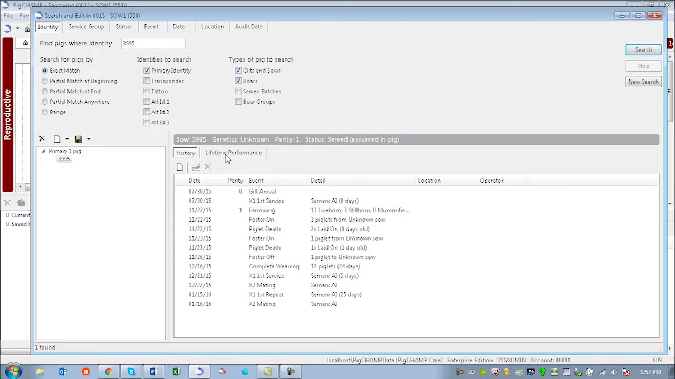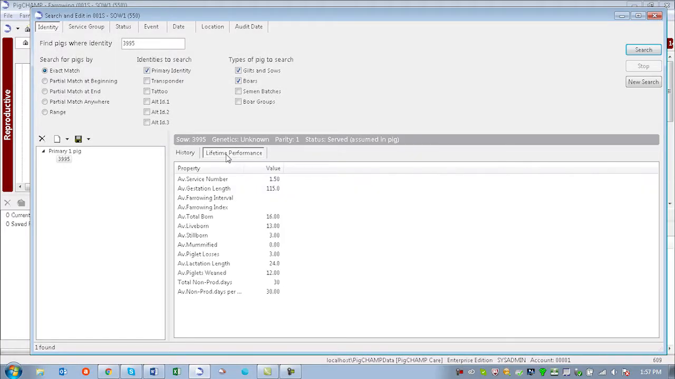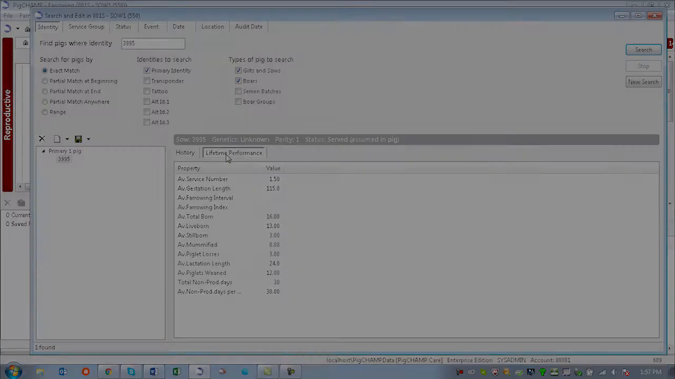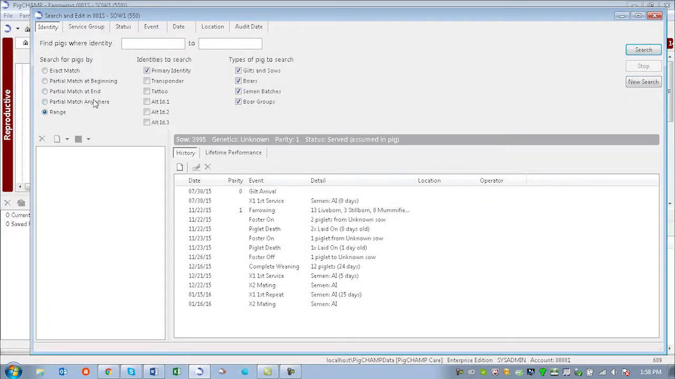Click on the identity to view both the history and lifetime performance in the neighboring window. Also, if searching by known identities, you're able to search using the range with the first and last identifiers within the series. After conducting the desired search and selecting the animal you wish to edit, its history will appear in